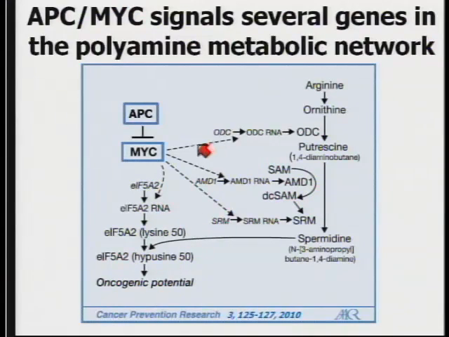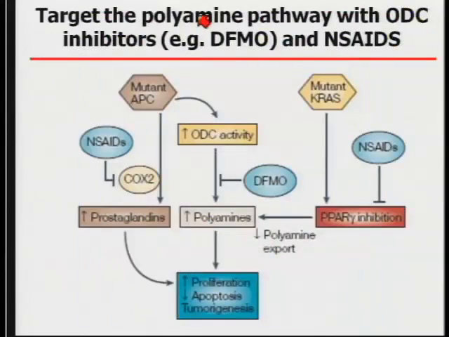And from a little review I wrote earlier this year, just pointing out that MYC regulates the expression of a number of genes, the first enzyme in this pathway, ornithine decarboxylase. But it's not just ornithine decarboxylase. MYC actually regulates the expression of a number of genes involved in the metabolism, a protein that's post-translationally modified by these polyamines that have oncogenic potential. So this is the pathway that we've followed.